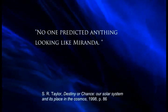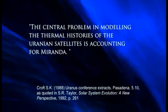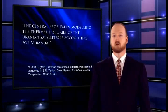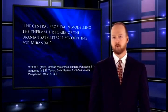As one evolutionist said, "No one predicted anything looking like Miranda." Another said, "The central problem in modeling the thermal histories of the Uranian satellites is accounting for Miranda." So how do evolutionists explain Miranda? You're probably expecting me to say they explain it with an asteroid collision. Nope, not this time. Miranda is so weird, even the evolutionists admit that an asteroid collision won't help them. Instead, some evolutionists propose